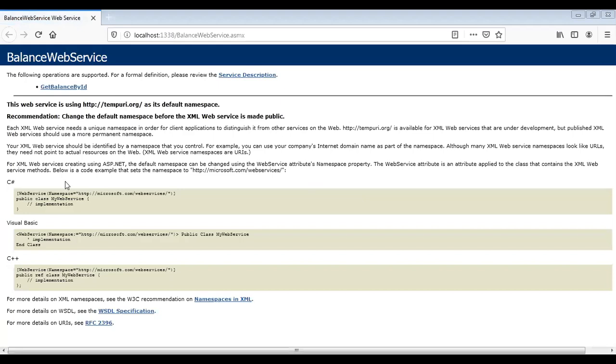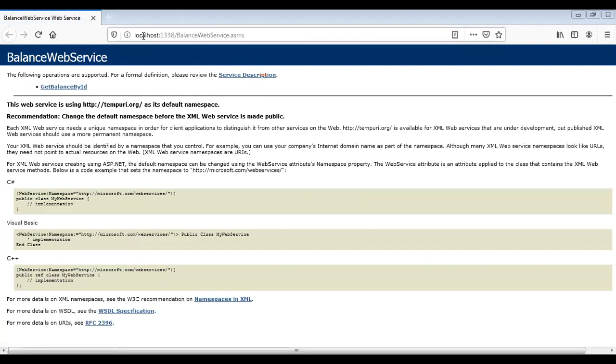This is the environment provided by Visual Studio for execution of the web service. The service name is Balance Web Service, and as I have said, the Balance Web Service is running on localhost.